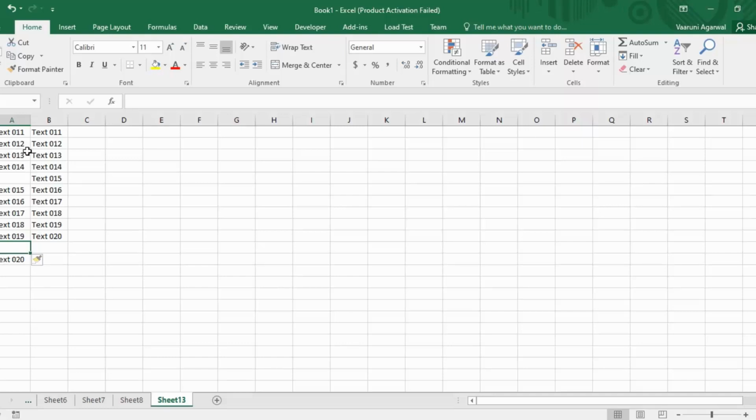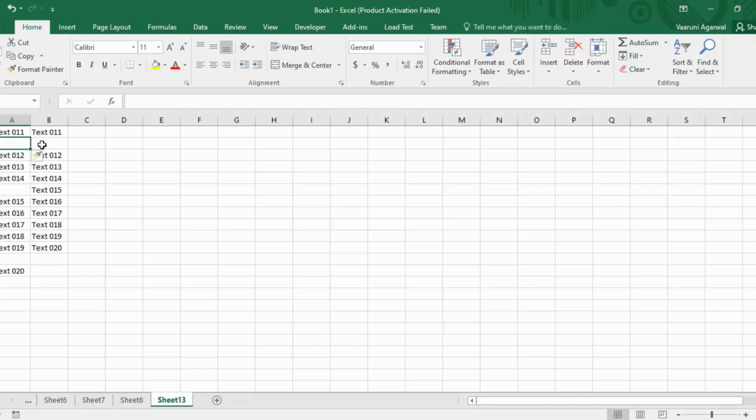Now what happens if you want to insert a whole new row? Suppose I want to insert a new row at A2. I go to this option, I expand it, and I go to Insert Sheet Rows. When I click on that, you can see at A2 and B2 the cells have turned blank and all the previous data has been shifted towards the downside. The cursor was at A2, so at A2 a new row of cells is inserted.